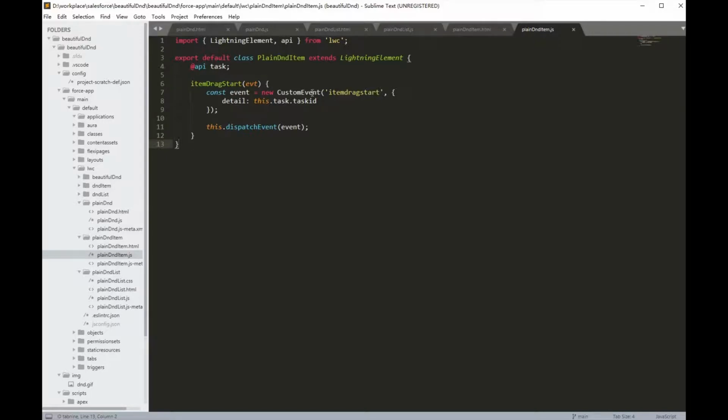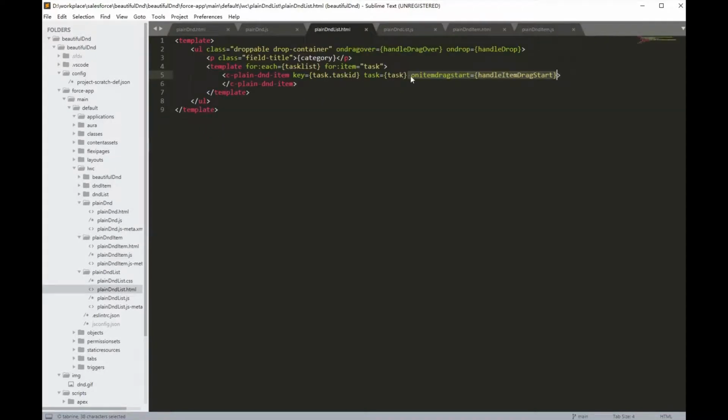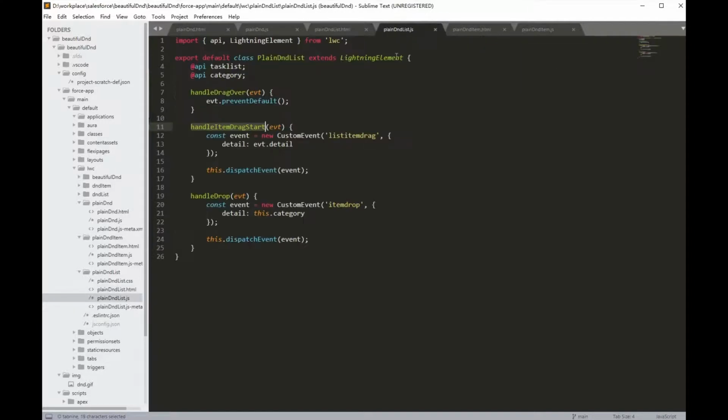Basically we need to fire a custom event here, which is called item drag start. And then in the list component, we need to listen to that event and handle it here. And in the list HTML, we also need to handle the drag over and drop event. In the JavaScript of the list component, in the drag over, we just need to